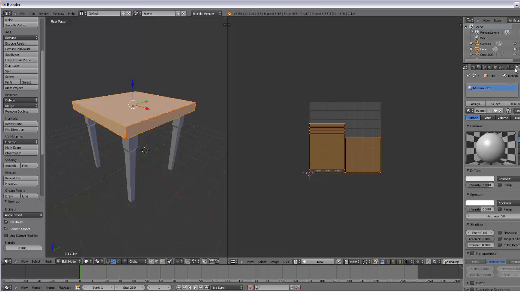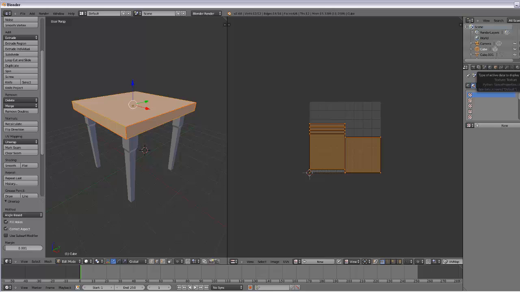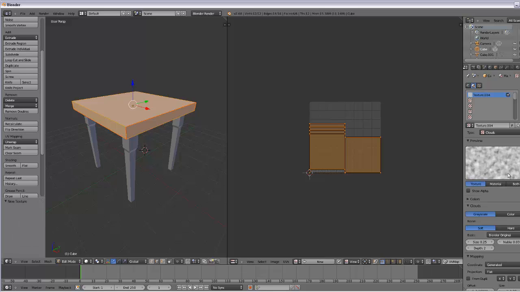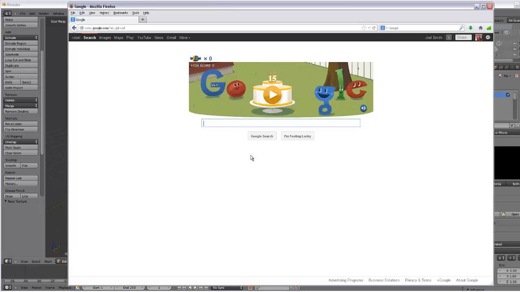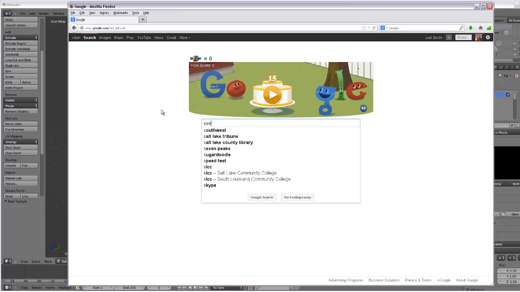Now what we need to do is go to the materials, the texture tab, and get a new texture. We're going to change it from clouds to image or movie, and we need to open one, but first we need to find one. So if you open up your browser and just do a Google search for seamless,